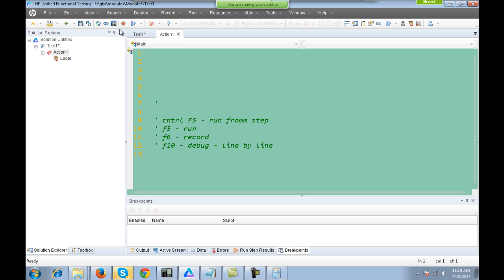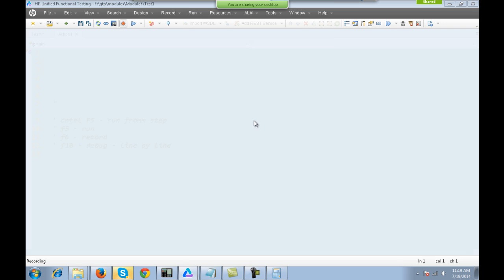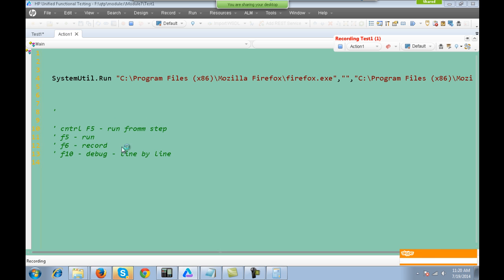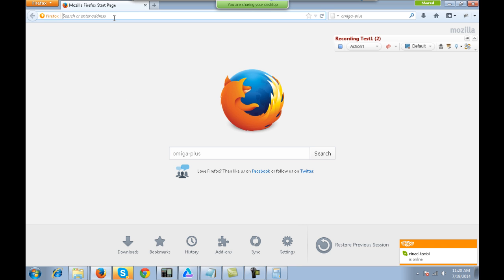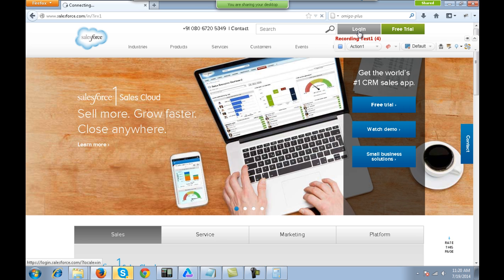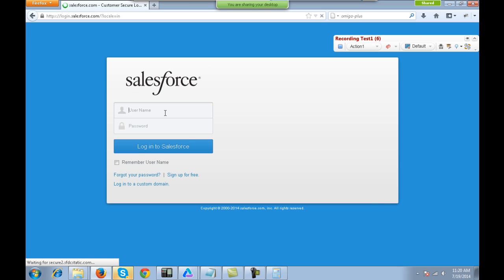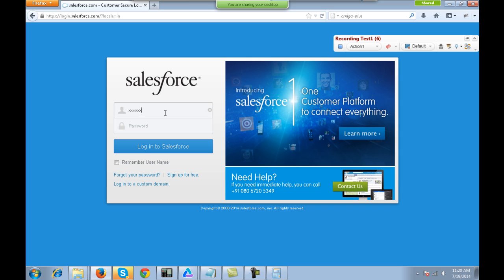For example, if I start recording, I open a browser, I go to a website, like salesforce.com, I click on login, and I enter the username and some password. So you will see the script generated in UFT.